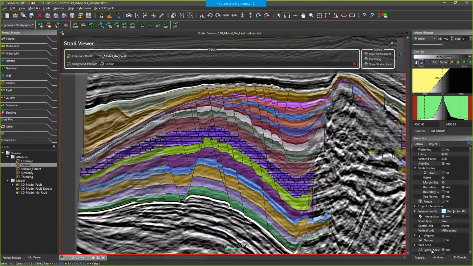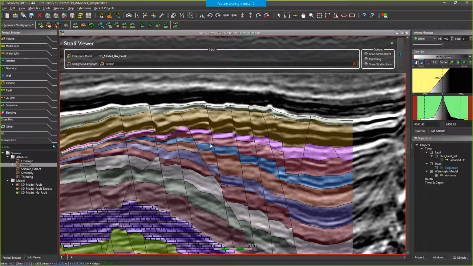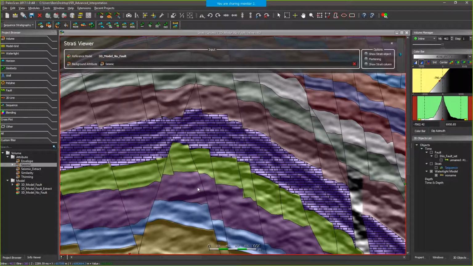Come back to the 2D viewer first and deactivate the strati, and as you can see, I have my watertight model with more layers, more horizons. As I explained, the watertight model will use the color and also the lithology of your sequence.